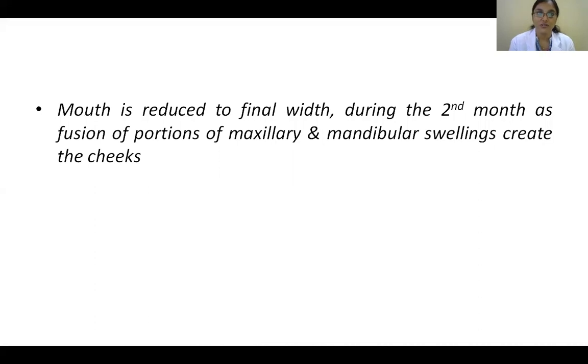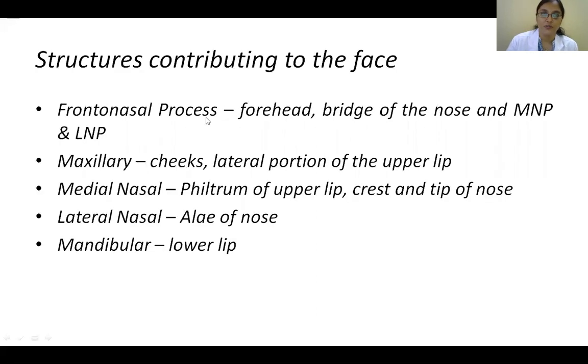You should always remember that the development is all under the control of the genes located in the nucleus. Okay, that's directing what the width of the mouth should be, and how big or how small the nose should be. That's all being told by the genes in the cell. So any disruption in that process, definitely anomalies develop. By the second month, that's when the normal width of the mouth is formed.